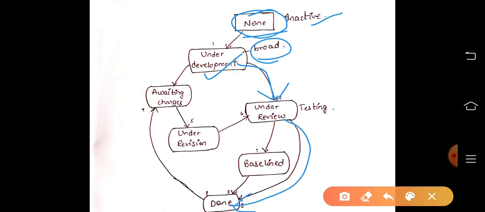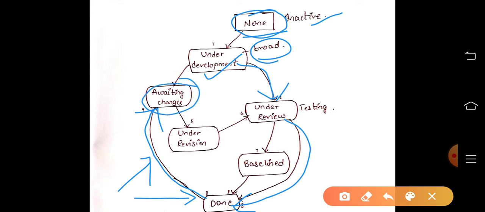Actually, this phase is not completely completed. We enter into the done state, but after this the customer is going to view the software, and if he wants to make any changes, then we go to awaiting changes. The customer requirements or changes are entered into awaiting changes.